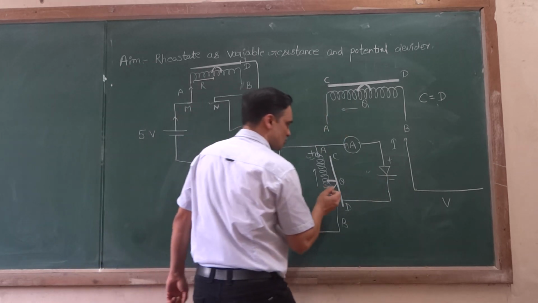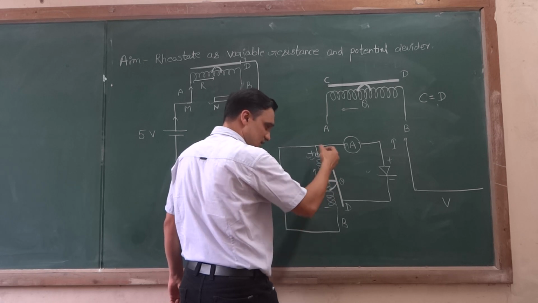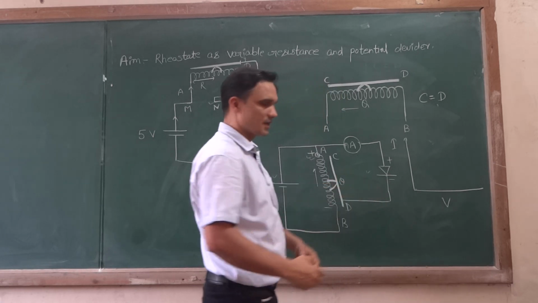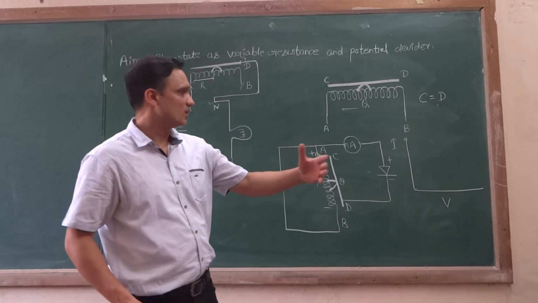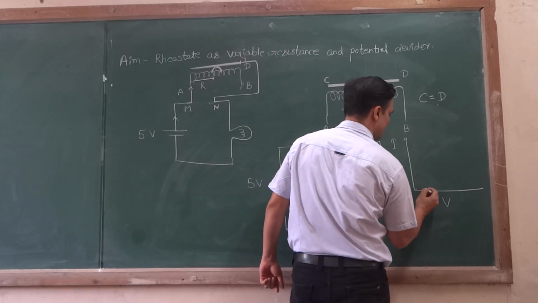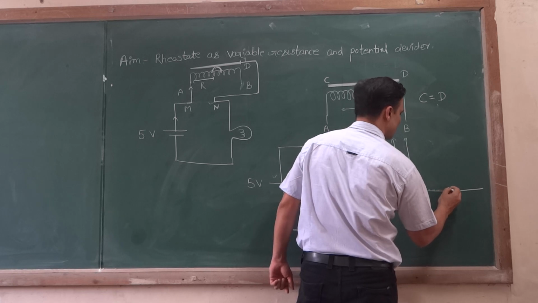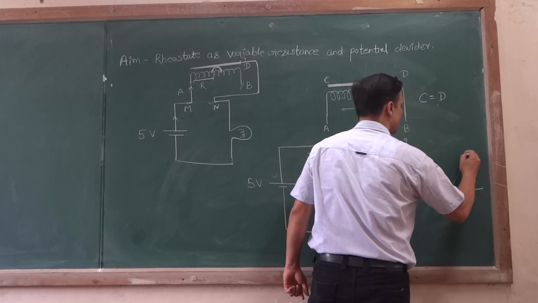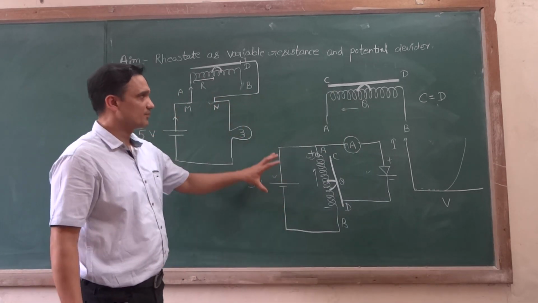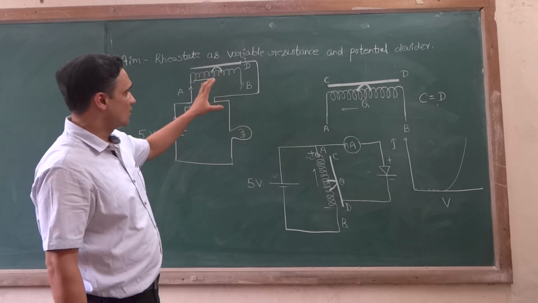As you start to slide this slider towards the B direction, more potential will appear on the diode. Then you can note down the corresponding current through the milliammeter. With time you can see that the current will start to flow, and after a certain voltage the current starts to increase.